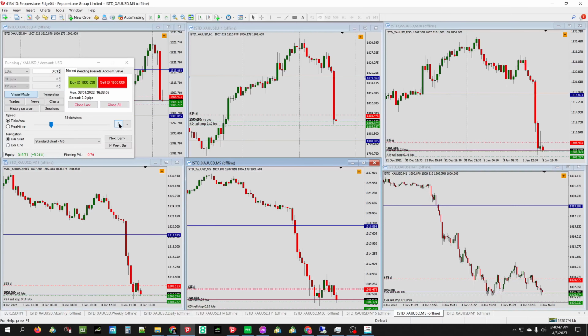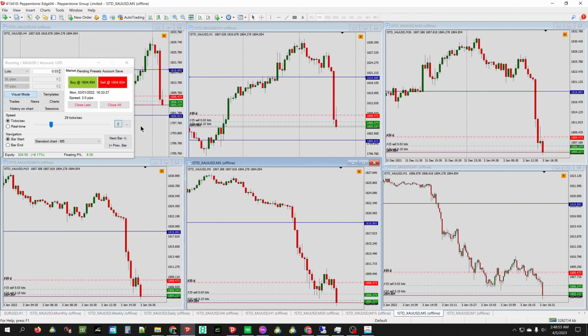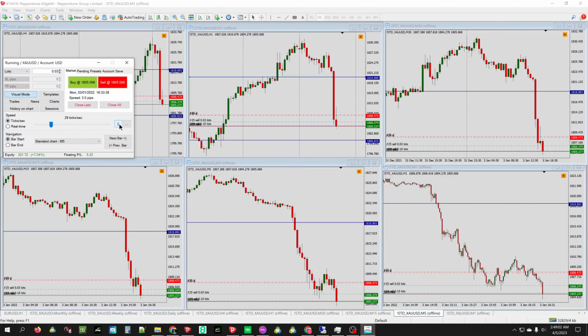Now we are just waiting. It is a high volume candle. It normally is a high volume candle, so that's why I have executed. And yeah, now our A grade setup is also activated,